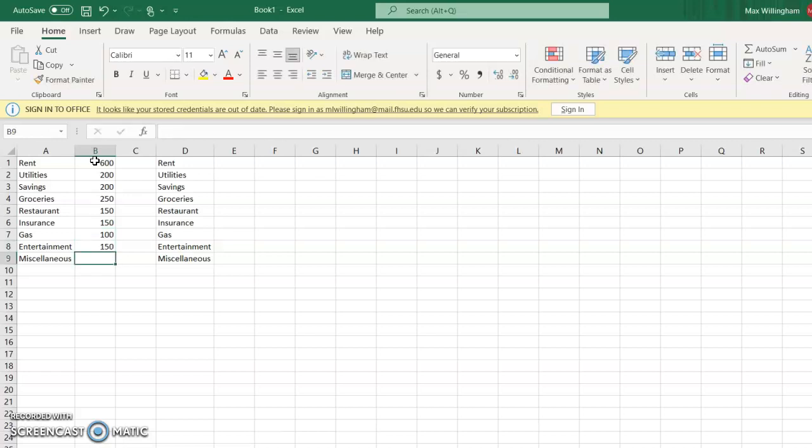And then your difference here is kind of your miscellaneous budget, so it'd be 400, 550, 700. You have 200 left for your miscellaneous. This is what you're shooting for, and then let's say you get to the end of the month and